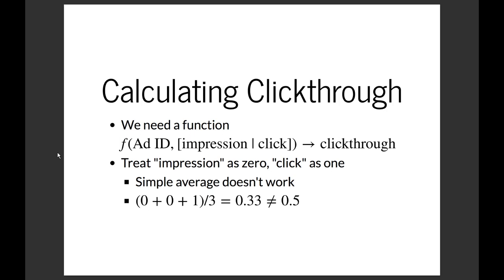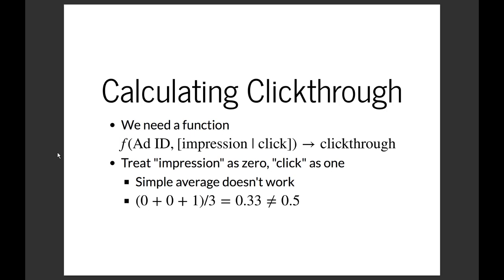All right, so to calculate the click-through, I said that what we do is we emit the event, the ad ID and the event type after we do our join. Well, we still need to calculate our click-through. So what we need is some function that's going to take the ad ID and the impression or the click and